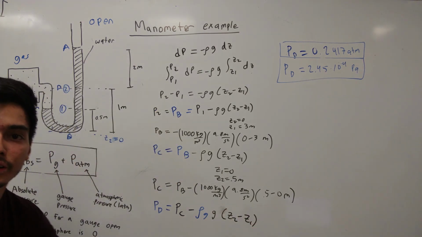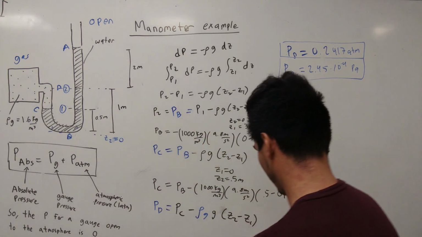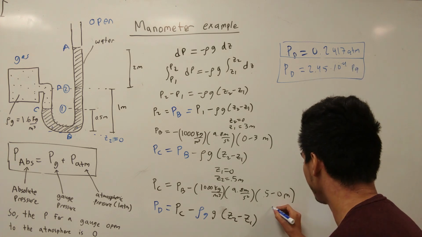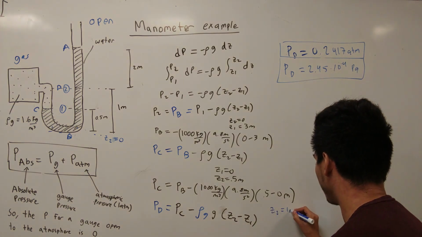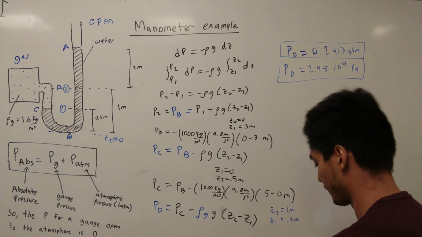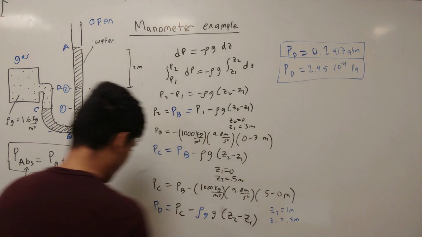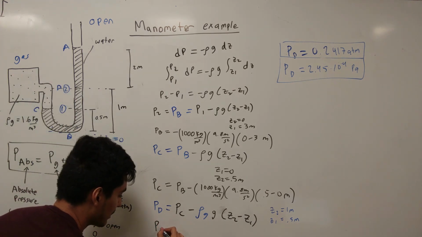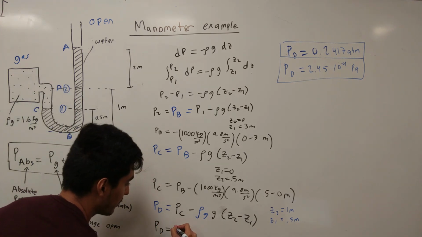Can y'all still see that? Right over here, just in case. Where our Z2 is going to be 1 meter, and our Z1 is going to be 0.5 meters. Okay? So, plugging these guys in, this equation is going to be PD is going to be equal to PC,